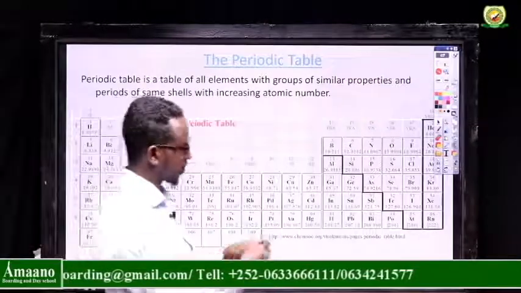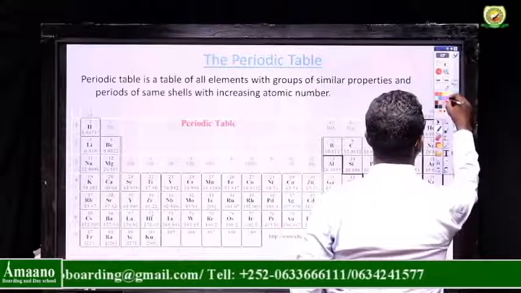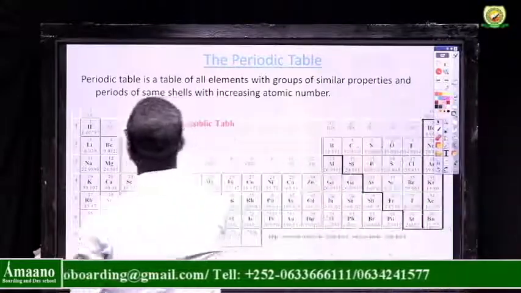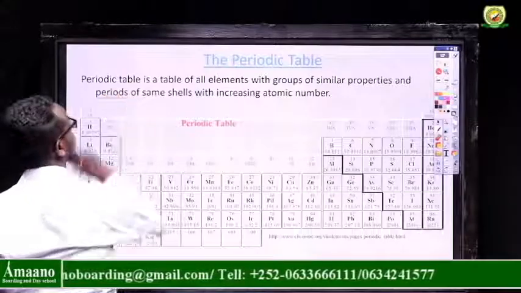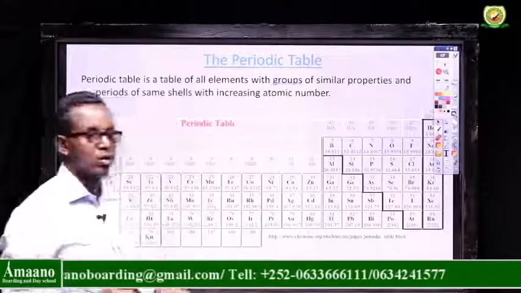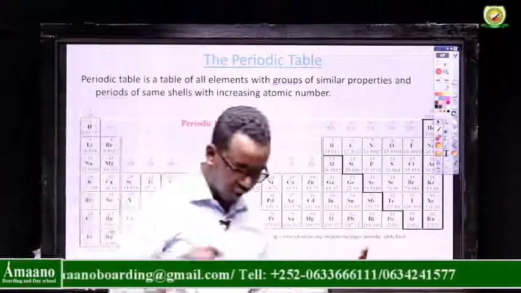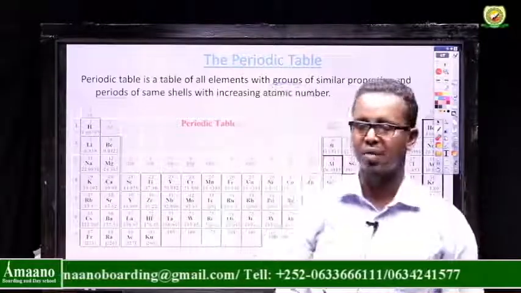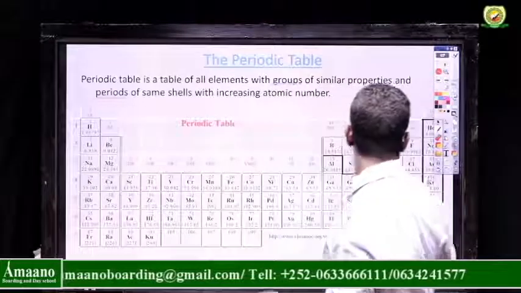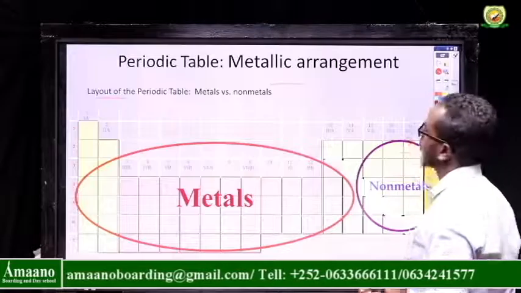So two important things are here. Here you can see period. Again we have here groups. So this periodic table contains groups and periods. What are groups, what are periods? What are groups and what are periods? Groups are vertical columns of the, so first we have to